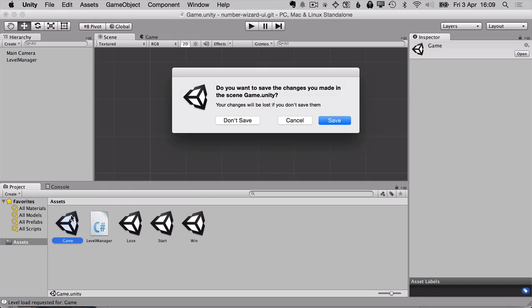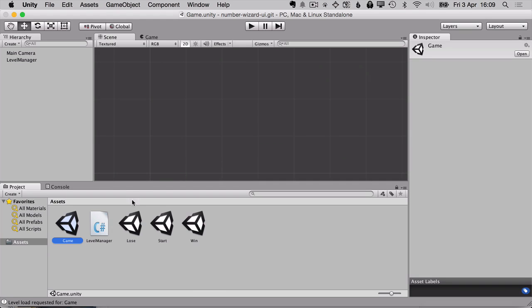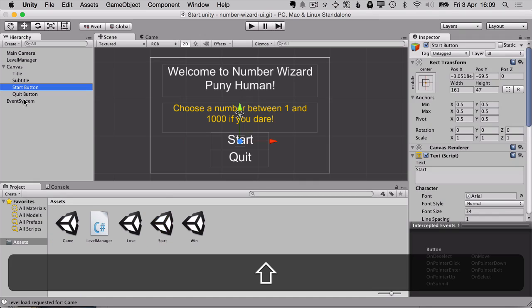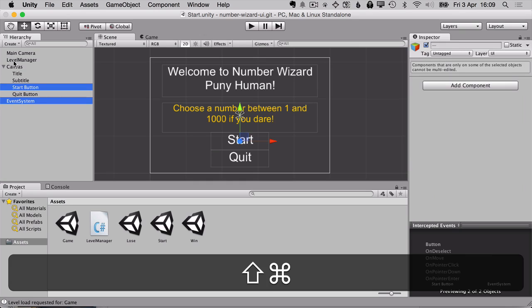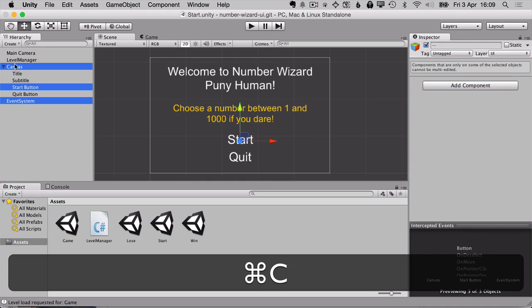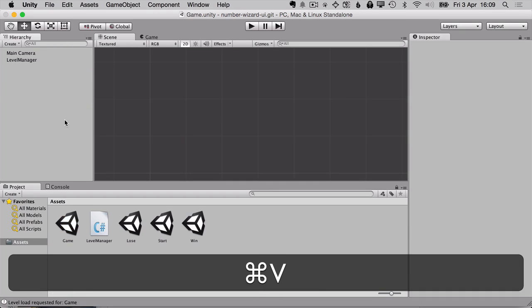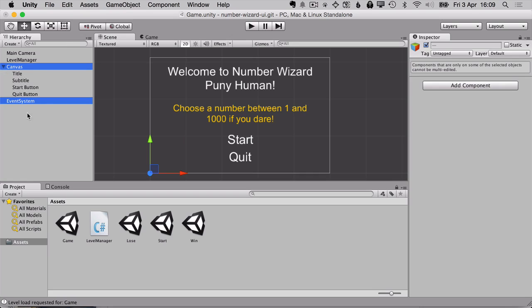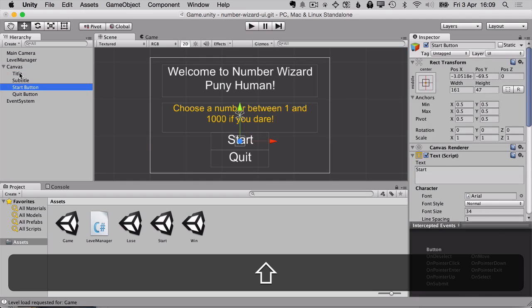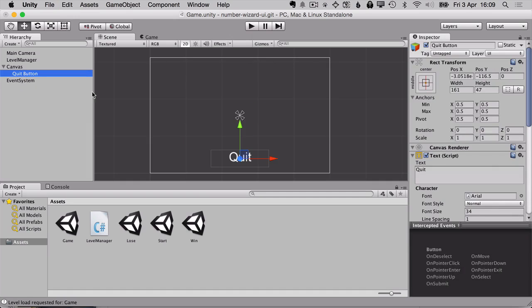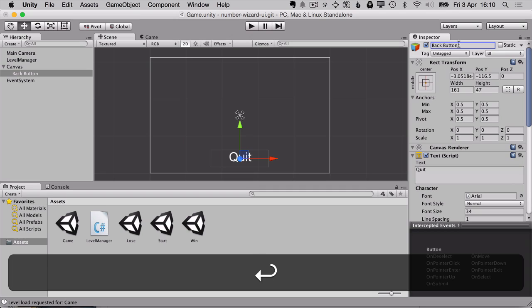So I'm going to save my game, jump back into my start scene, grab my button and my event system, because remember, we need an event system, and my canvas, copy them across to my game scene and paste them in. Here we go. Now I've got a canvas and I've got all sorts of stuff in there. The only thing I actually want is one of the buttons, so I'm going to remove everything else, delete them, and use my quit button, rename it to back button, and change the text,